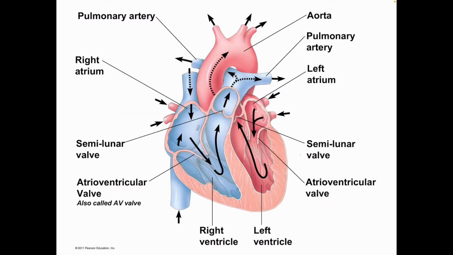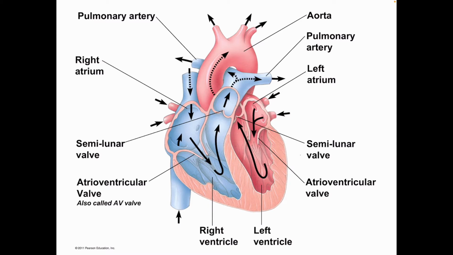So this slide shows the path of blood flow. It should be familiar because we looked at this in the previous key area. So just to quickly recap, deoxygenated blood arrives back at the heart through the vena cava. It enters the right atrium and is pumped into the right ventricle. And then as the right ventricle contracts, the blood is forced out through the pulmonary artery where it goes to